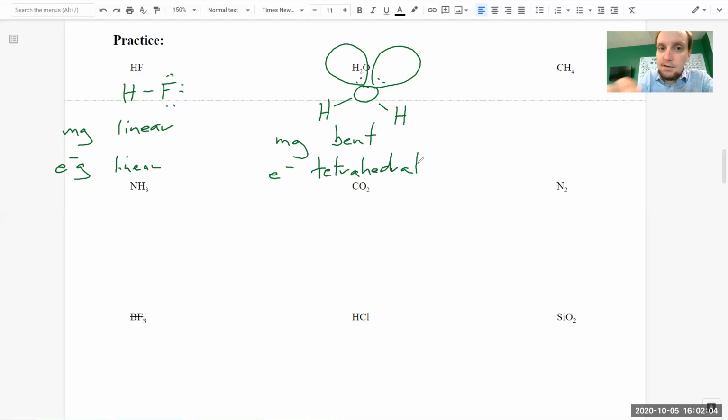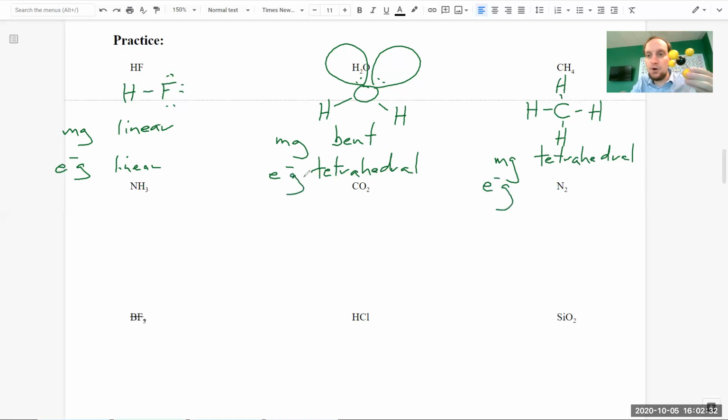The next compound we have is methane or carbon tetrahydride. So carbon, hydrogen, hydrogen, hydrogen, hydrogen, bond, bond, bond, bond. Okay, there we go. Again, not surprisingly, the molecular geometry is tetrahedral. Okay, and the electron geometry,